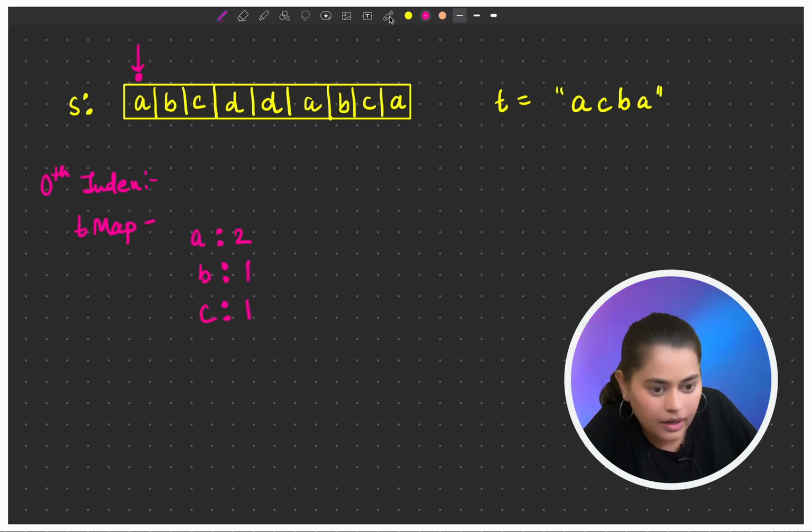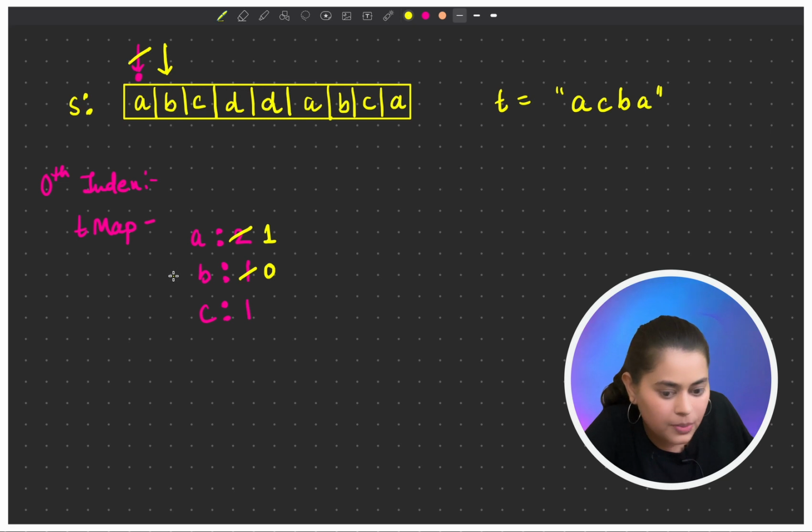Now from A I am starting my traversal. We encountered A, so we decrement the count of A since A is present in the target string. Now we increment the pointer and come to B. B is also in the target map, so we decrement the count. Since the count of B has become 0, that means we have got all the occurrences of B as in the target string, right?